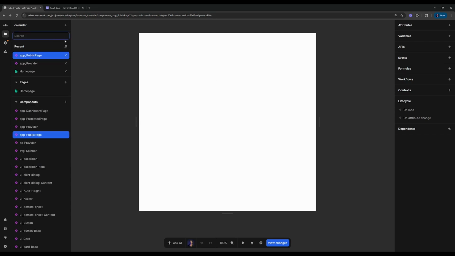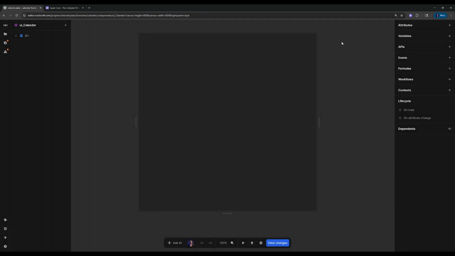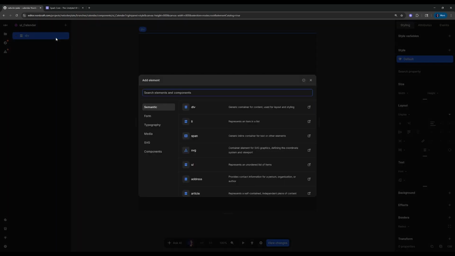Now, when we install this package, what you might want to do is create a container for it. So I'm going to create a new component. I'm going to call it UI underscore calendar. And I'm going to leave this div in here. And what we're going to get, I believe,